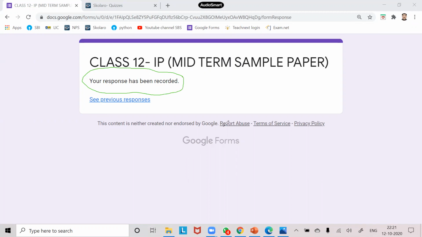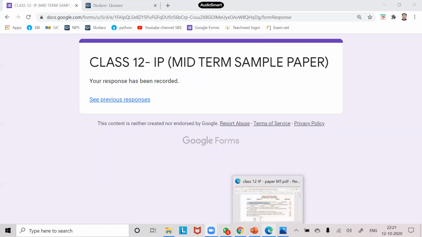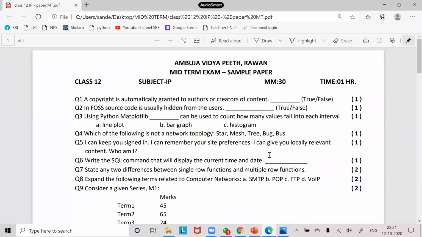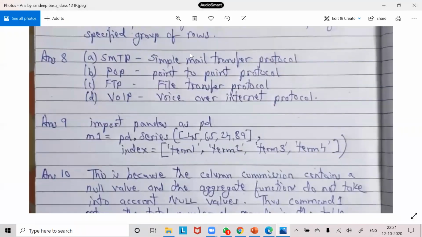So this is one way the teacher is going to take the test. Some teachers may prefer Scholaro. So what to do? As usual, I'm going to do a very simple thing here. At the beginning, this question paper would be visible to me. Let me show you the question paper. I will keep on writing my answers in my notebook. This is how I'll keep my answers ready.